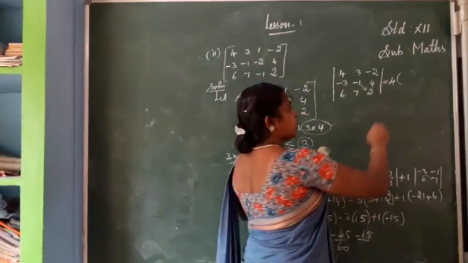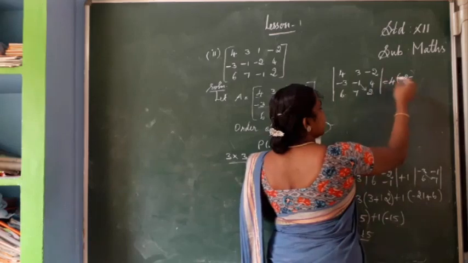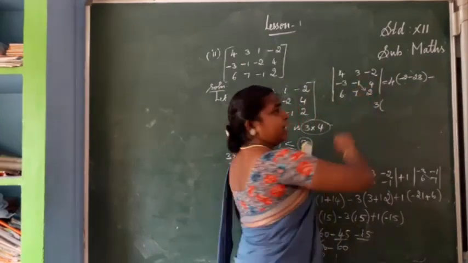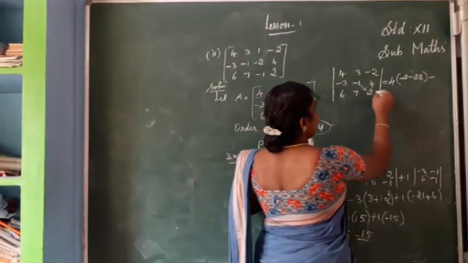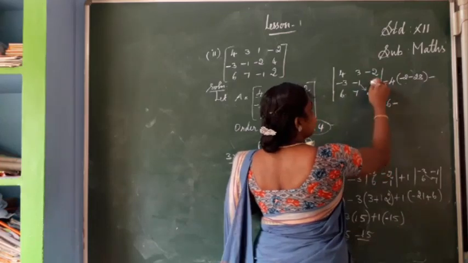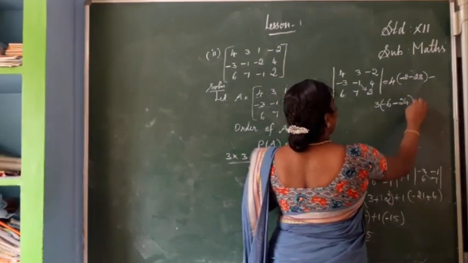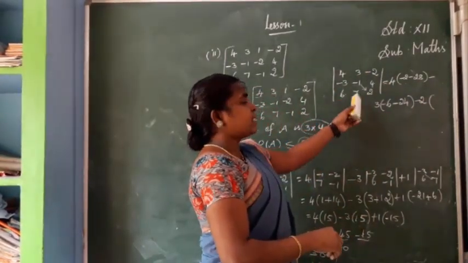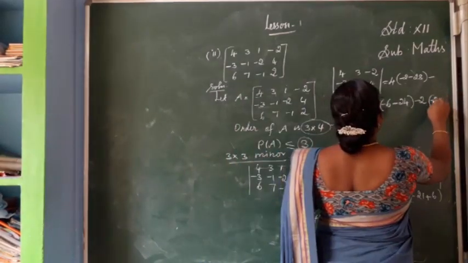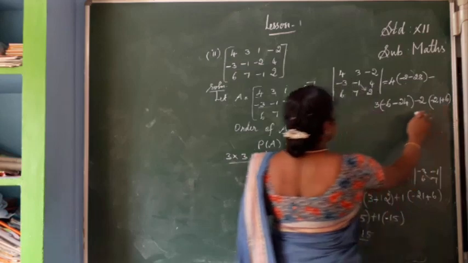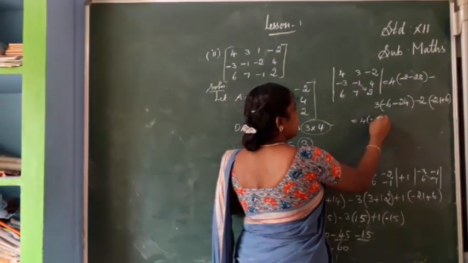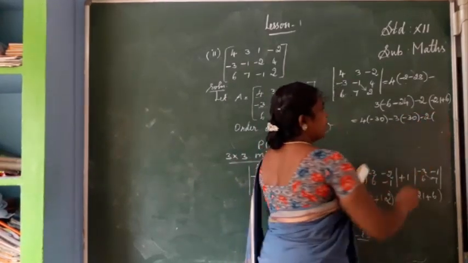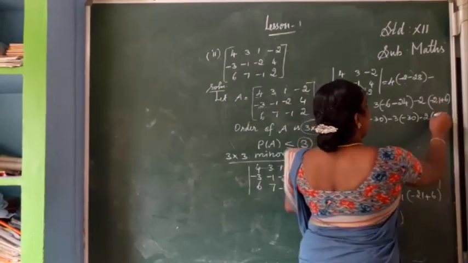Minus 1 into 2, minus 2, minus 7 4s are 28. Next, minus 3 into, now you need the first one, second column: minus 2 into 3 is minus 6, minus 6 4s are 24. Next, minus 2 into, now you need the first one, third column: minus 3 into 7, 7 3s are 21, plus 1 6 is 6. Okay, next one: 4 minus 30, minus 3 into minus 30, minus 2 into... now you see 1 is minus, so subtract correctly, minus 15.